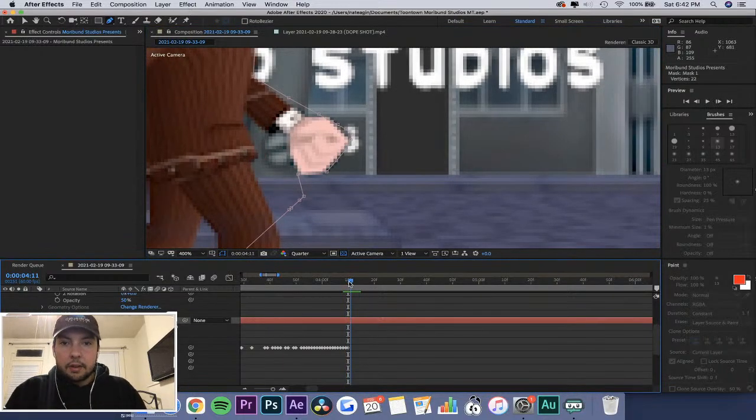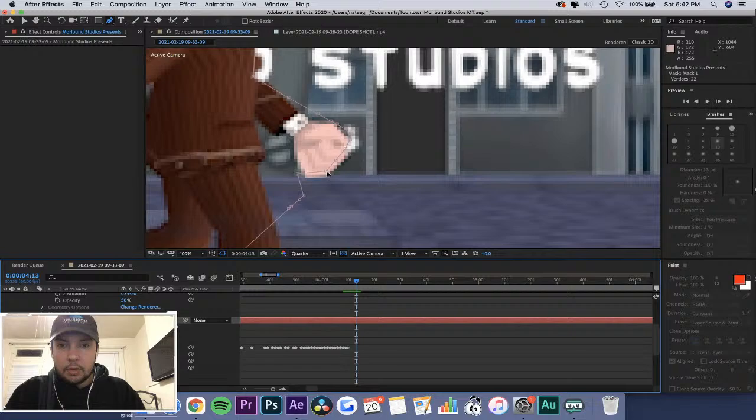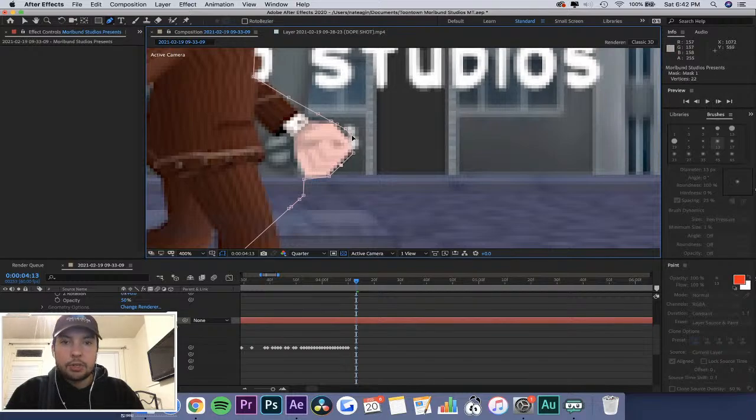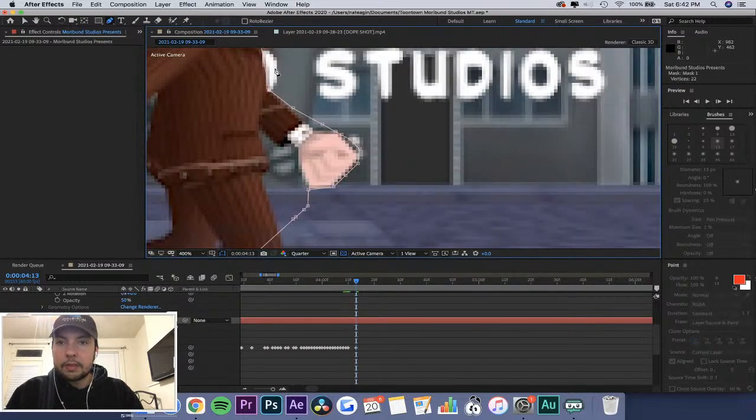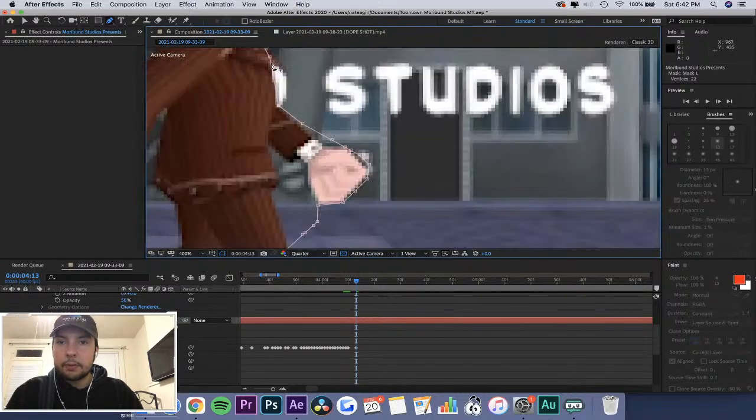All right, we're almost there. I think once we just get past this part right here of this hand moving through, it should be much easier because then it's only one layer to worry about. But having to worry about this part up here makes it a little bit more difficult.